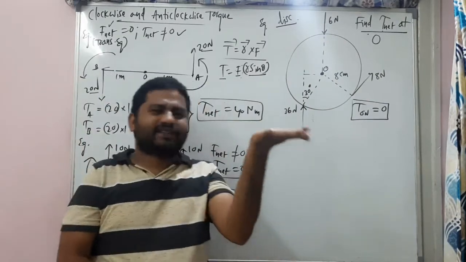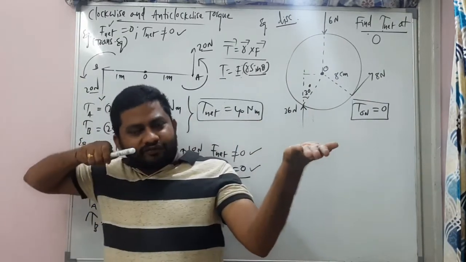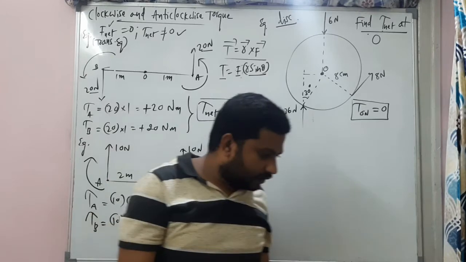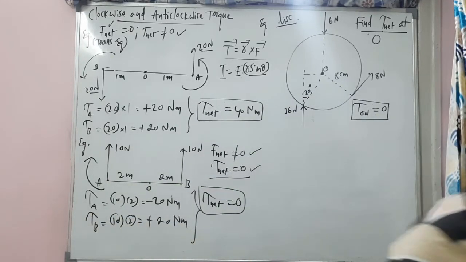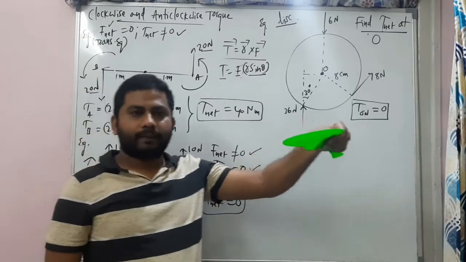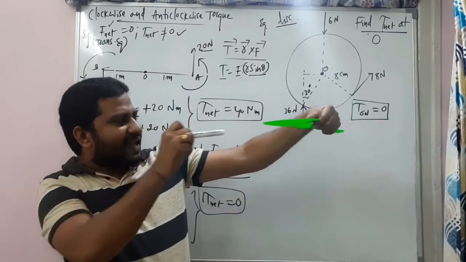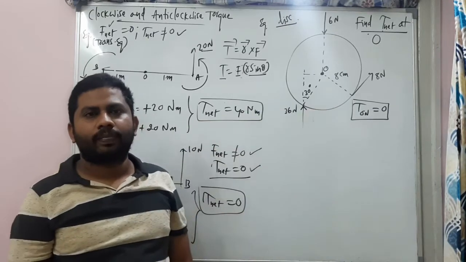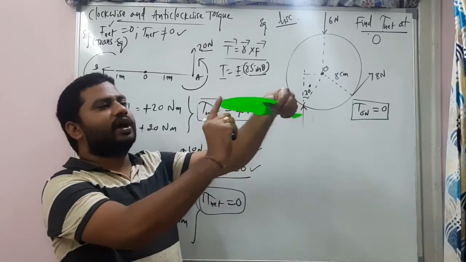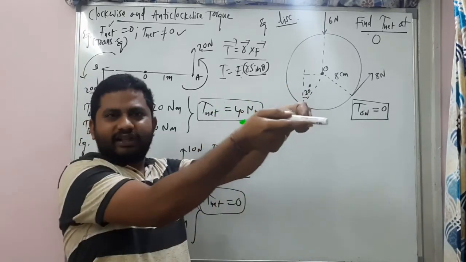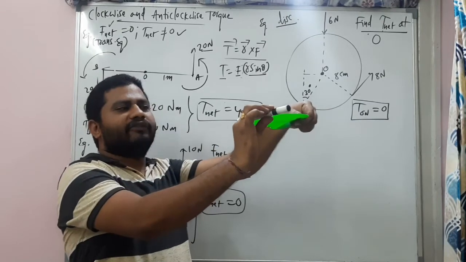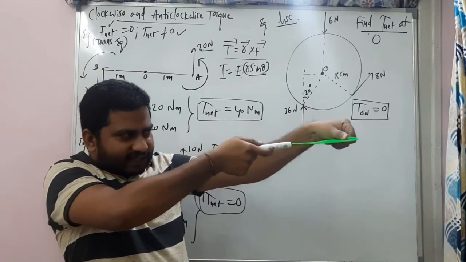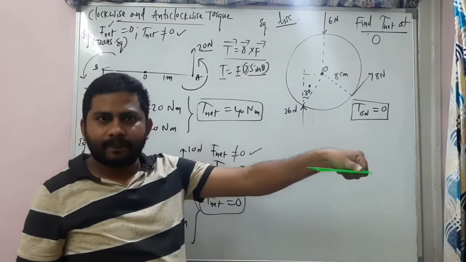Imagine a situation where you have a disc. This is the disc. If you apply a force like this, will the disc rotate? My dear students, tell me. So if I apply a force exactly like this towards the center, will this disc rotate? No. If the disc has to rotate, we should apply force like this. Or we should apply a force like this. Or like this. But if we apply force in this manner, the disc will never rotate, my dear students. Understand?